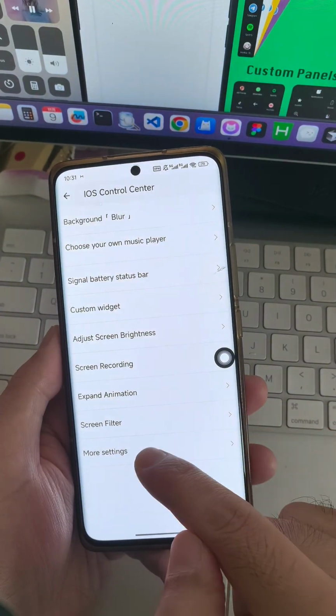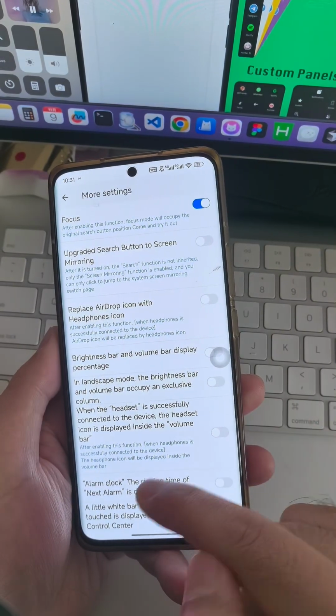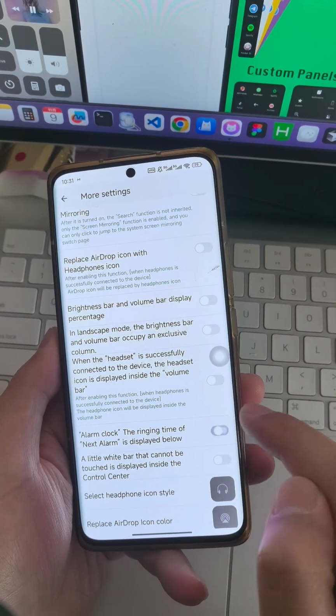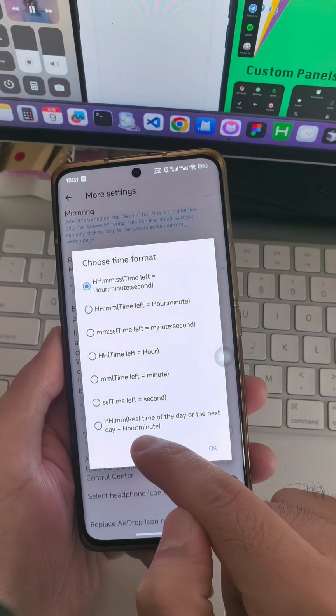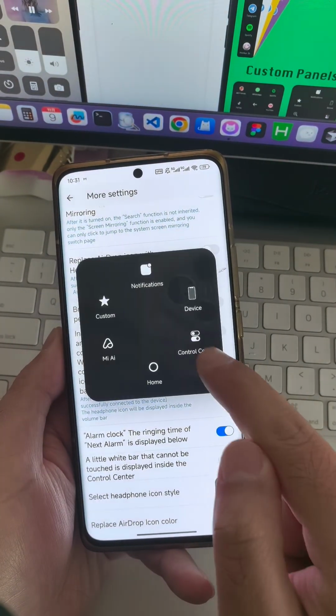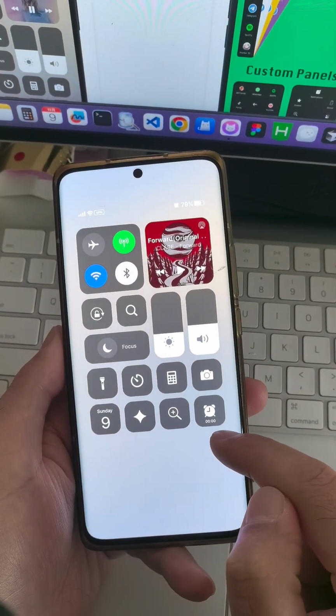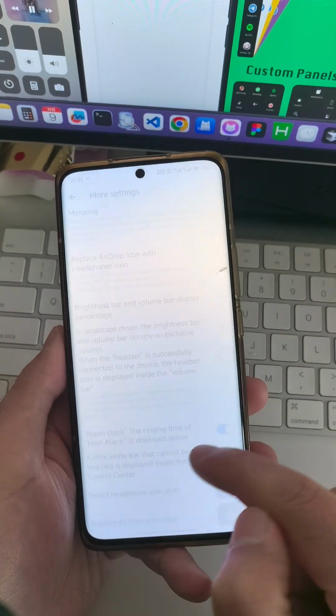The alarm clock can be found in more settings. The time of our alarm clock, you can configure this. And then you can see at this point in time,